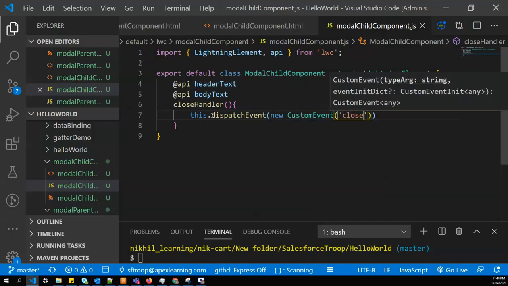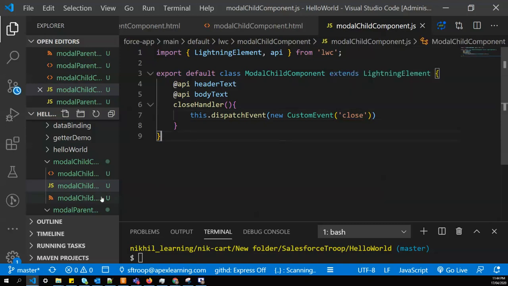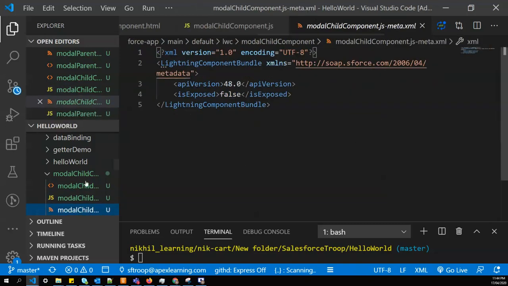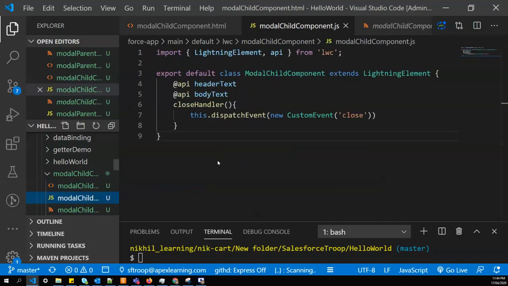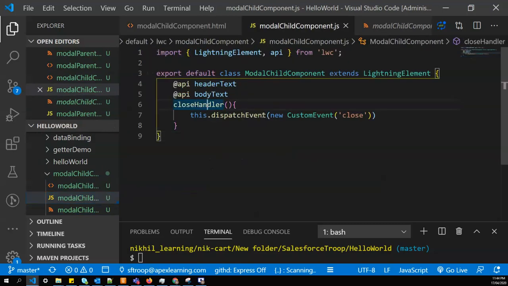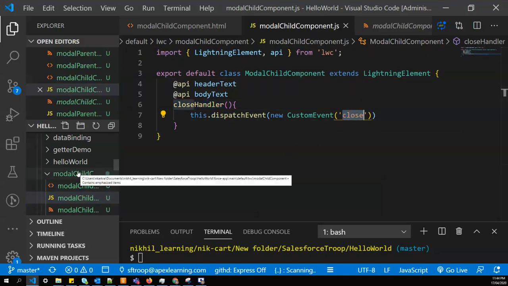So I'll define my event name close, rest all properties let them be default. We are not passing any data right now. So whenever I click the close button of my model, this function gets called and it dispatches an event named close. Okay, so this is my child component.